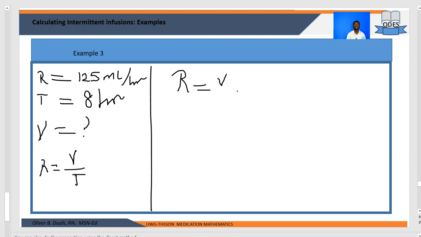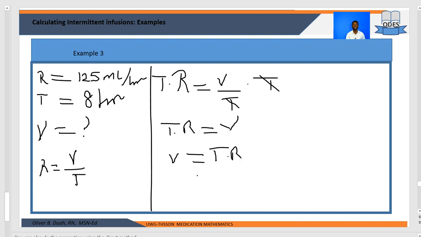So R is equal to V over T. Now we can multiply each side by T, and T will cancel T. So now we have T R is equal to V. And so our volume is going to be the rate times the time. So let's reverse this. Volume is equal to